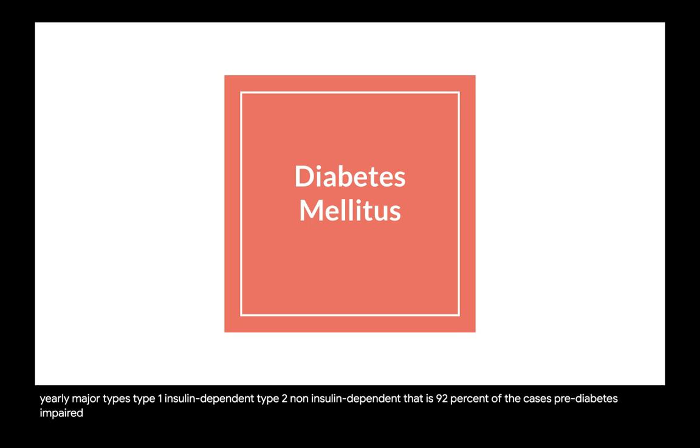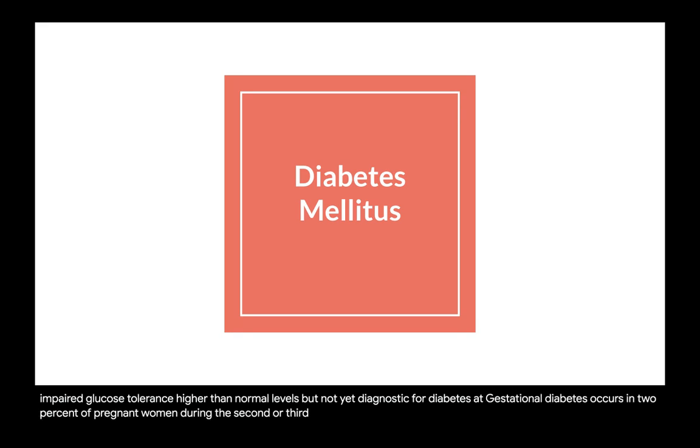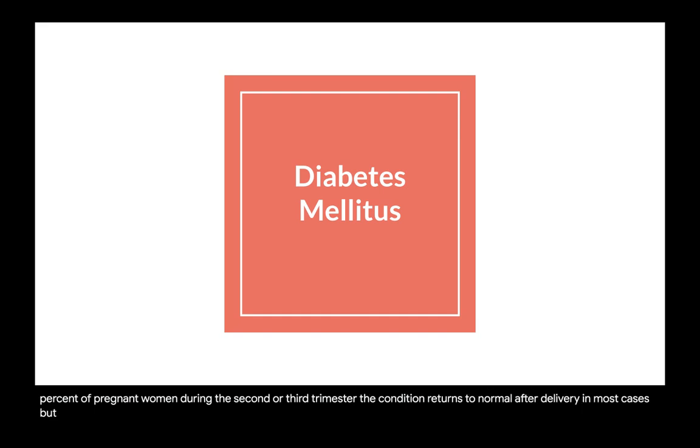Prediabetes, impaired glucose tolerance: higher than normal levels, but not yet diagnostic for diabetes. At risk for atherosclerotic disease. Gestational diabetes occurs in 2% of pregnant women during the second or third trimester. The condition returns to normal after delivery in most cases, but 30% to 40% may develop type 2 diabetes later